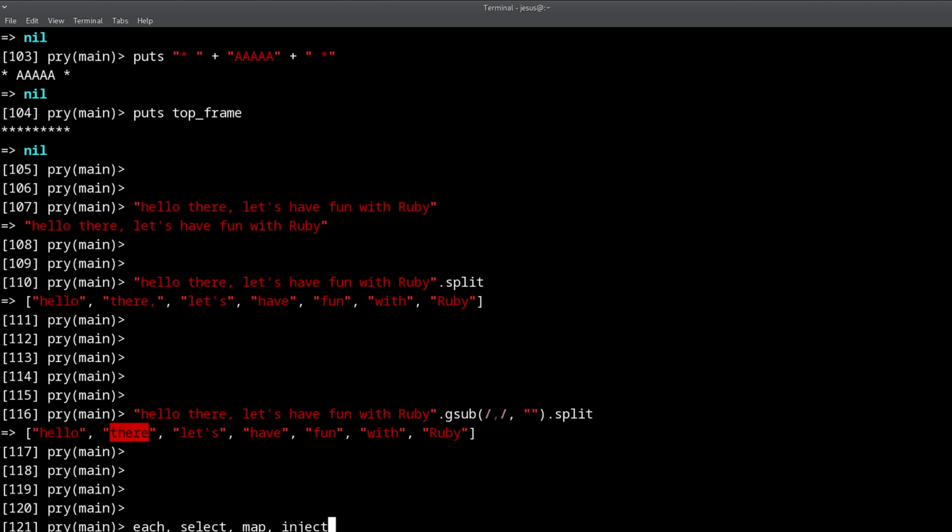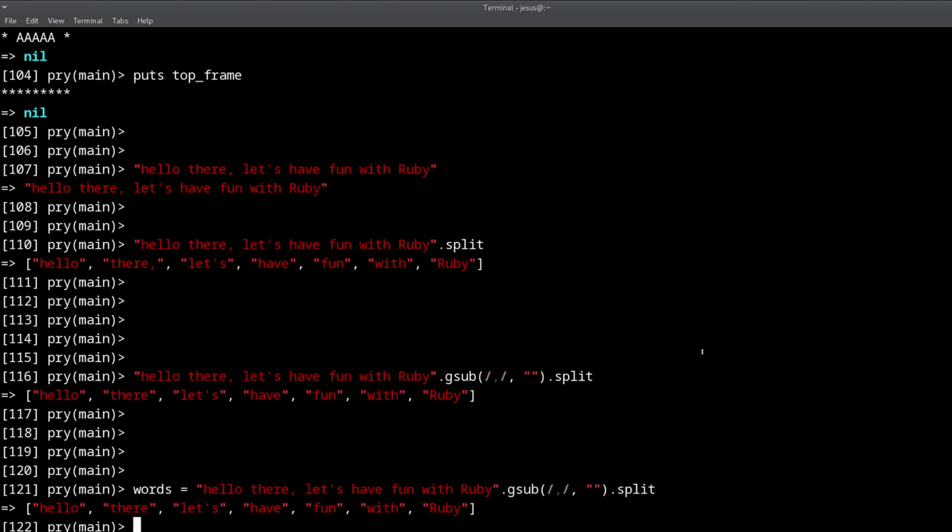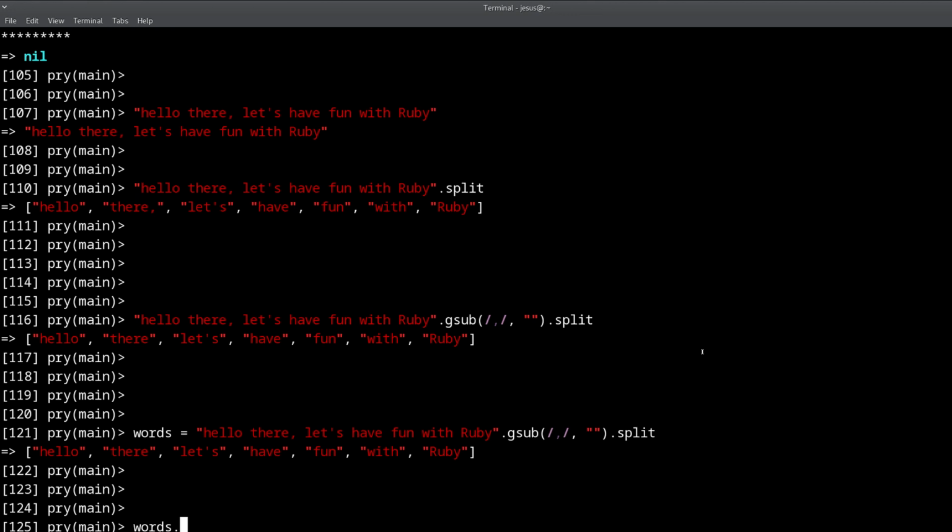So for that, each is perfect because each doesn't do anything special. It just iterates over the elements, and then it allows you to print them. So that's why we're going to use each. I'm going to save this into a variable called words, and then we can do words.each, and then we need